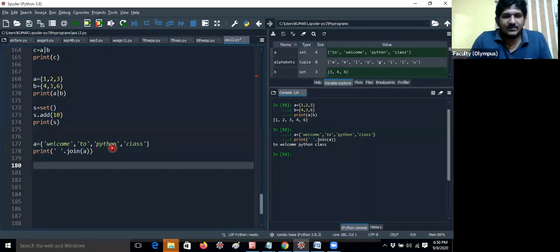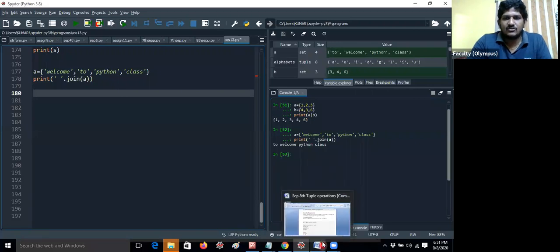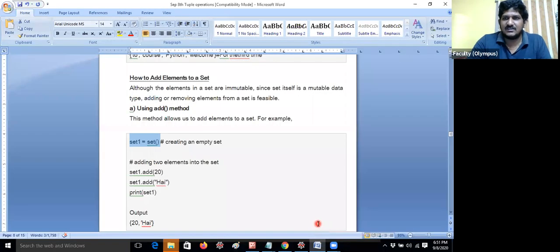If you would like to check whether any other methods exist in Python, you just mention that particular data type and put a dot, and you will see the various methods. If you would like to know about the max function, min function and so on, you can check clearly. That's not an issue.